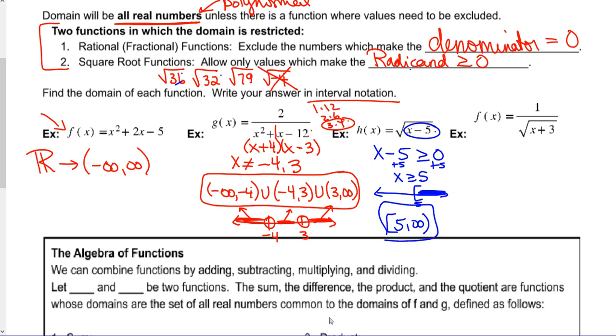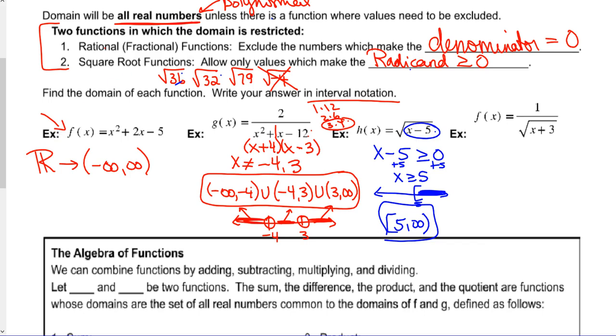Okay, and the last little one that you will see will be combining this second example and this third example together, which is actually a rational function that has a square root in the bottom. So if we combine the two, starting with our radical, remember what's underneath here has to be greater than or equal to 0, but if this was equal to 0 in this case, the square root of 0 is 0, and I would have 1 over 0, and that's a problem. So anytime you combine,